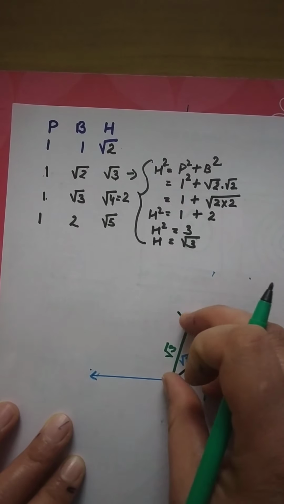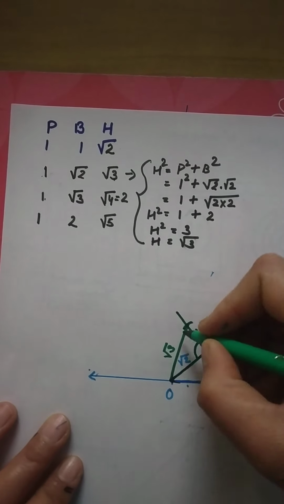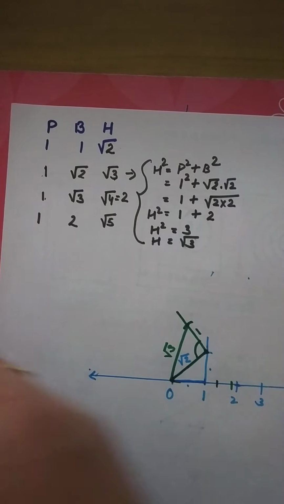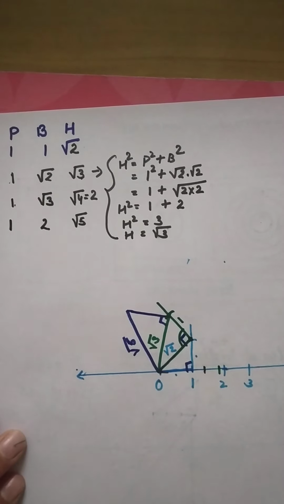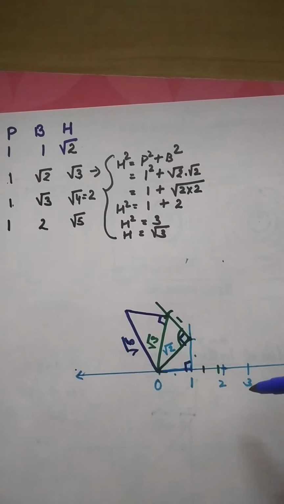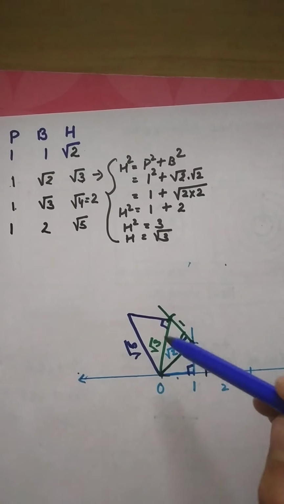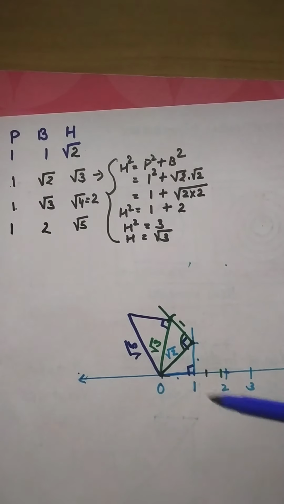Now you can again pick it up and place it on your number line. Then in the same way, root 3 as the base, and then one more 90 degree. You'll get root 5, which can be picked up and located on your number line. So in a way, we learned to locate irrational numbers on the number line. Yes, it is a tedious task, but I just want to show that it's not impossible. It is also tedious to locate 1.000007, but we came up with some techniques, no? We'll reform this also later, but first you have to do it.